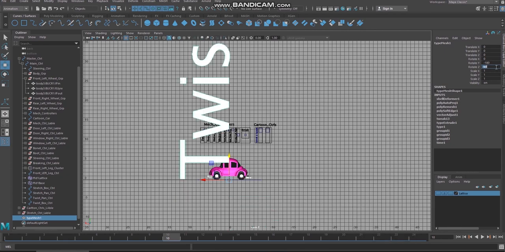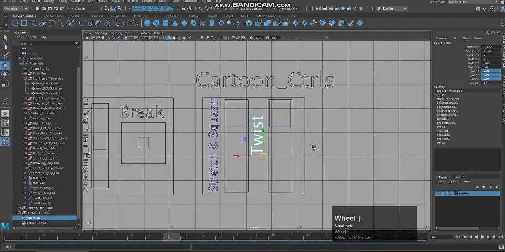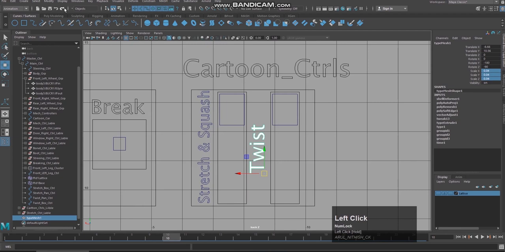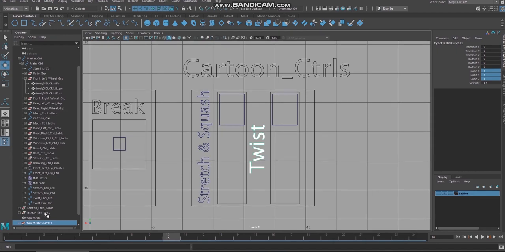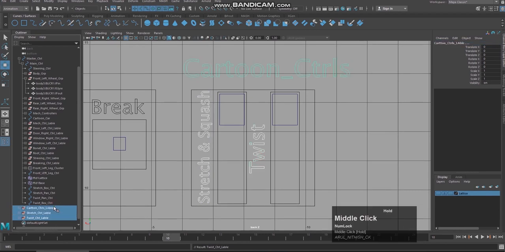Okay, minus 90, 0.04, bring it here, press F to go closer. Now modify, convert into curves, change it into twist control label. That's it.